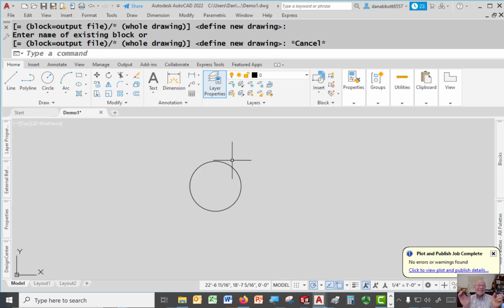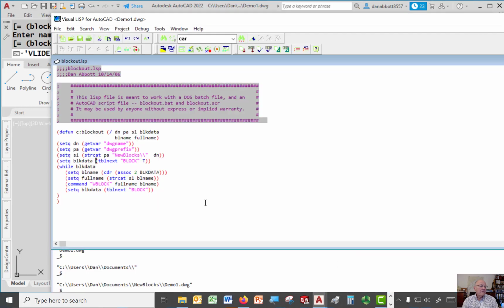And again, wblock has nothing to do with blocks unless you do this. Otherwise, it's just a way of saving part of an existing drawing. We could have picked some entities, we could have saved the entire drawing, and you'll see that later, or we can save the contents of an existing block definition, the contents, as its own drawing file. And that's what this program is doing. Go back to this,